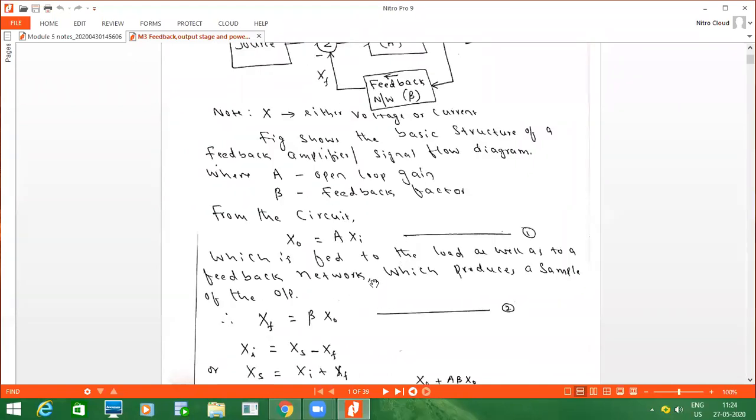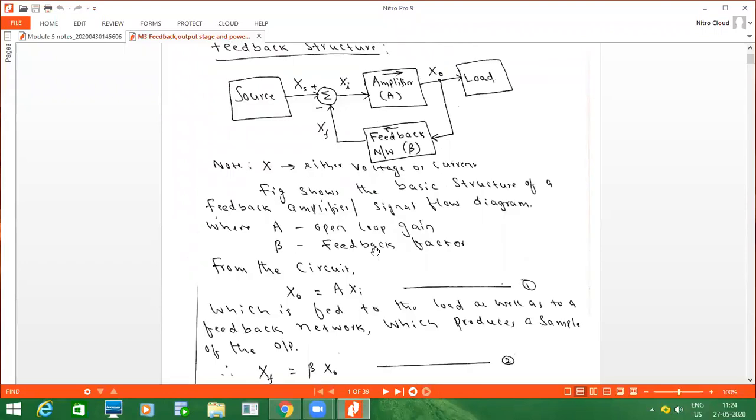These two parameters I call equation number 1 and equation number 2. Equation number 1 represents the output of the amplifier. Equation number 2 represents the output of the feedback network. At the same time, here we are using a mixing. Voltage series, voltage shunt, current series, current shunt, we say series and shunt, and those two words represent the type of mixing. Which type of mixing are you using, series mixing or shunt mixing? That summation represents the type of mixing.